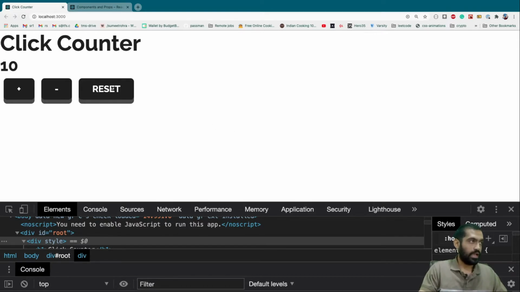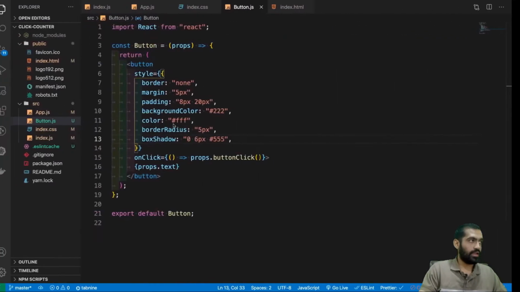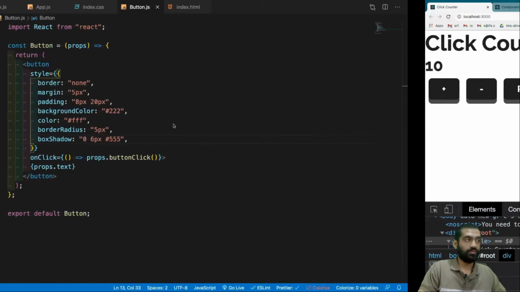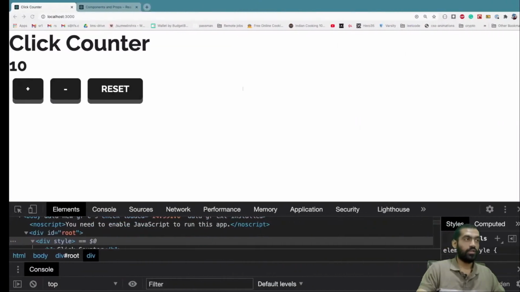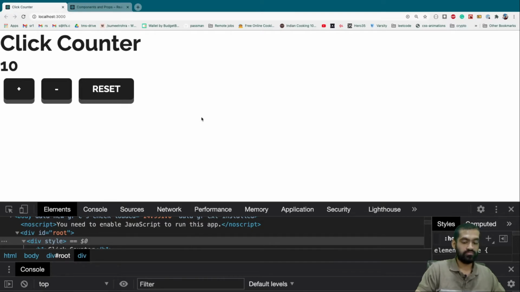Cool. Now we'll add some animation to this button. Okay, this will be fun. So this type of styling is called CSS in JS. Okay, now this styling has some drawbacks. We cannot add a pseudo class of hover and focus. Okay, so what we can do is